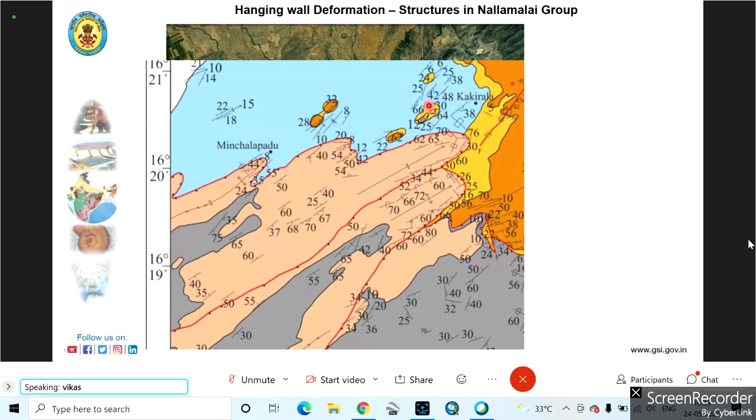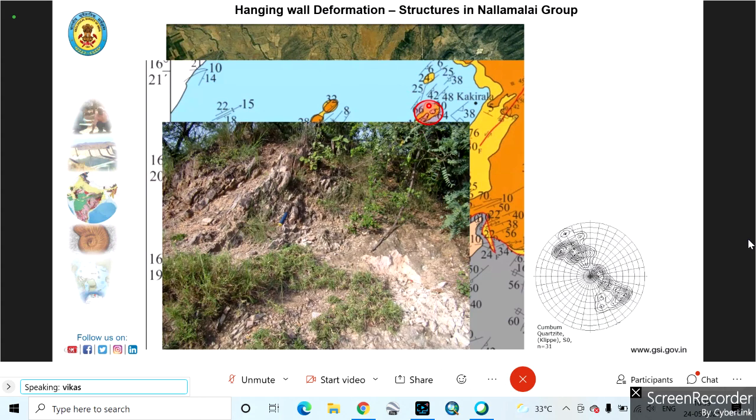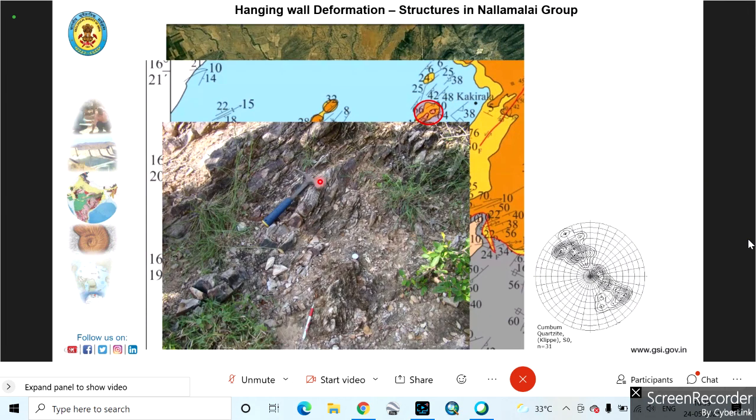But when we map this area, next please, these Narji limestones are actually nearly undeformed. On a microscopic scale, you can see development of cleavages because overall it's a thrust terrain. This Narji limestone is actually a footwall type of area. And you can notice where the hammer is kept. Next, please. Yeah, close-up view. You can notice that a hammer has been kept.